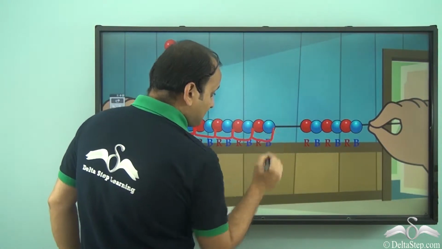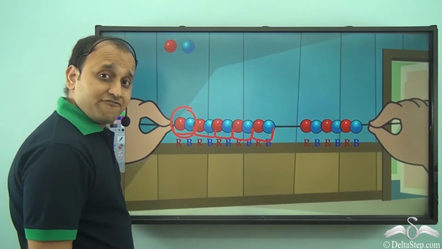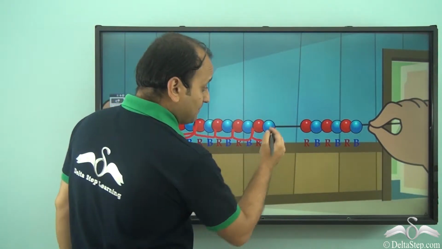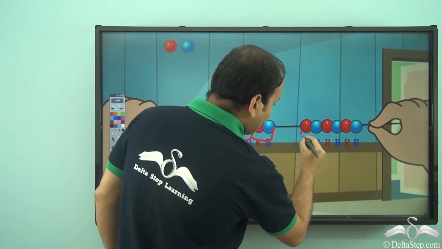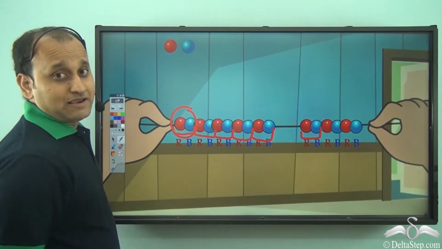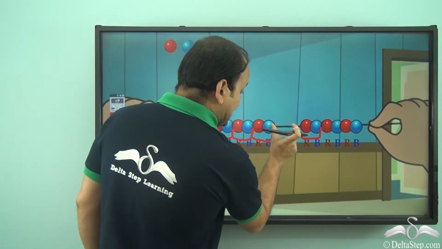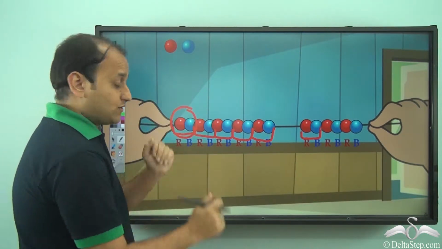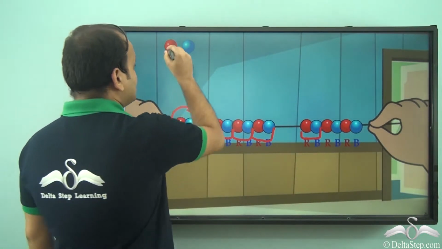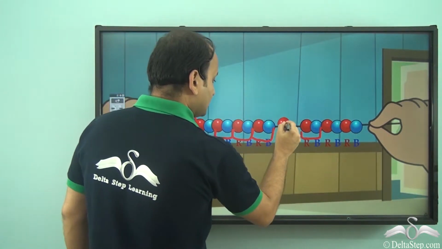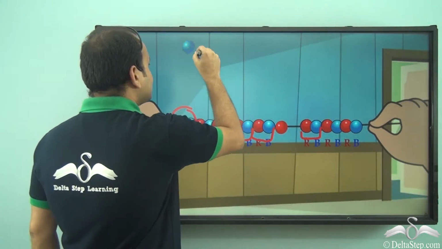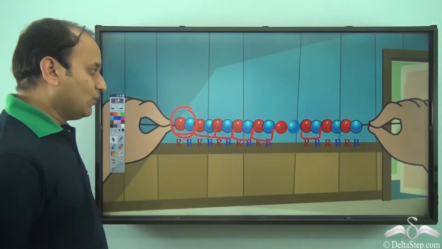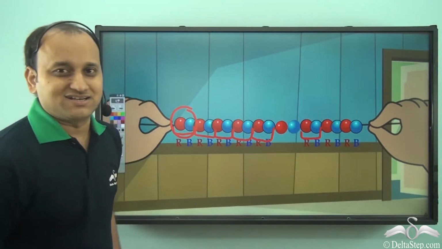So this is another pair, and after this we need to have another pair of red and blue exactly like this, isn't it? Because after this gap again we have a pair of red and blue repeating. So we need to place exactly the unit that is repeating here, that is the pair of red and blue. So we need to have pair of red and blue, and now this is in a pattern, isn't it?